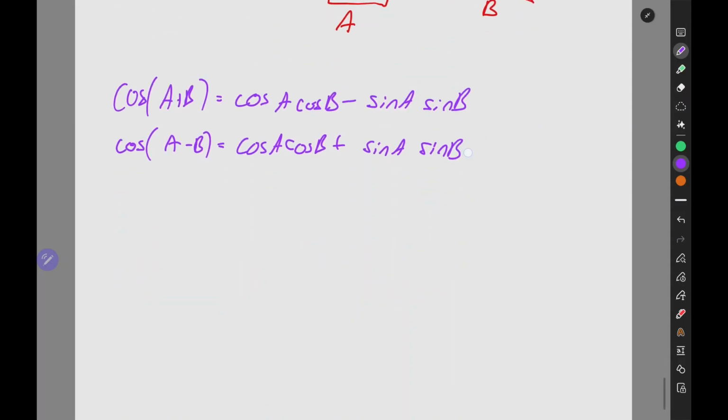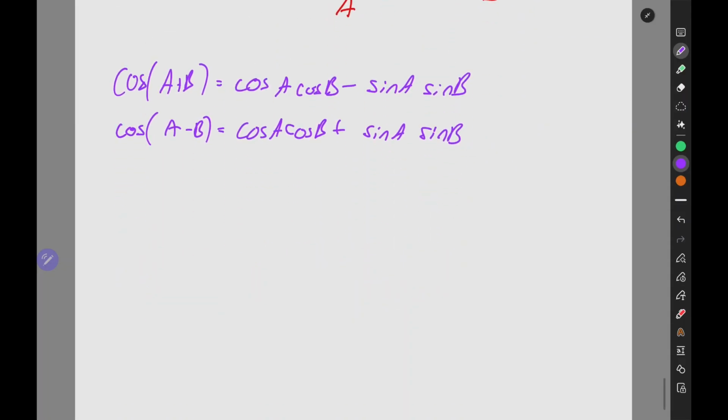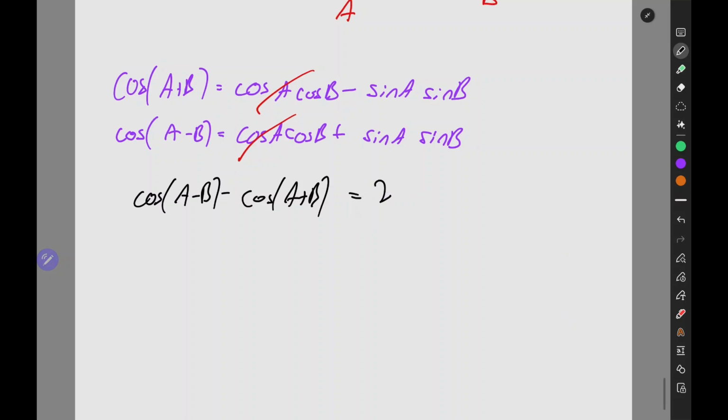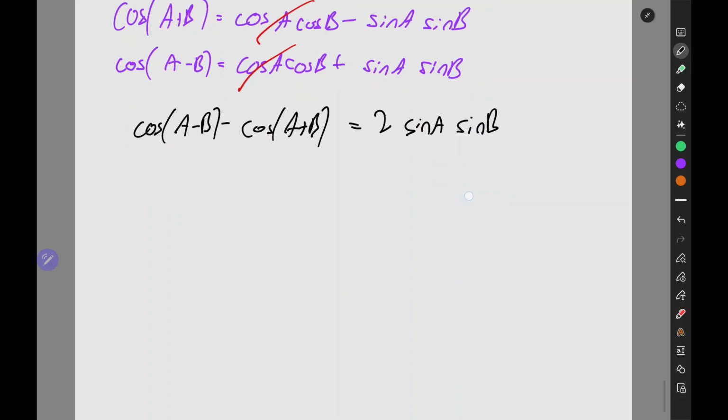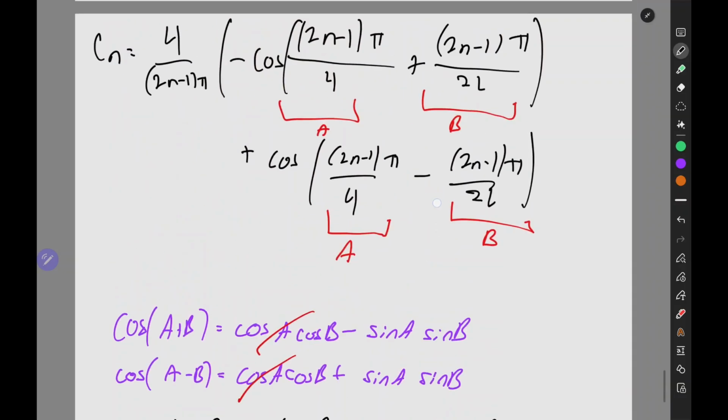So using these two that we wrote down here, we want that to be equal to, well, first of all, if we do that, these two are going to cancel because it's that minus that. Then we're just left with 2 sine a, sine b. So that's pretty simple. So then, using that logic, c sub n is